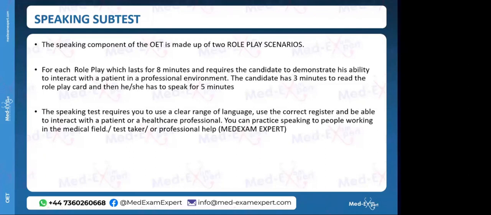Okay. Yeah, Dr. Huda, during speaking, you said we cannot mention anything other than what is mentioned in the card. So suppose if we are asking the history, because it will make a basic point in conversation with the patient, like, I would like to ask some questions regarding your history. So should we say, if it is not mentioned about smoking and social habits, can we add it, or it's not necessary?